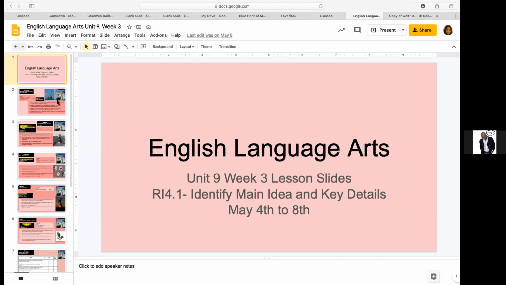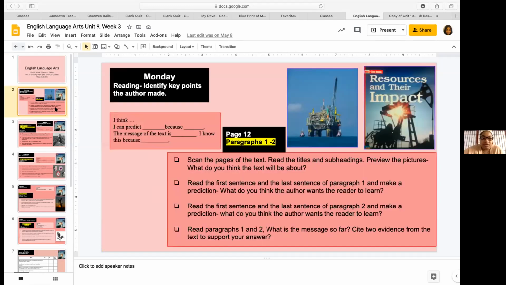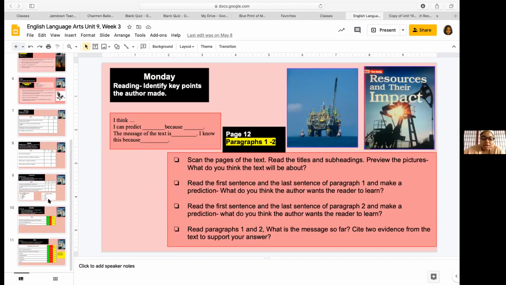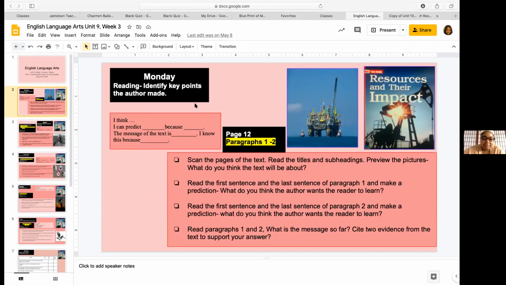So this was something from last year. I taught 4th grade, and this was a progression of lessons over a 2-week period of time. So let's see, this was Monday. And if you noticed, I made it minimal. What they need to do: identify key points the author made. This is the text. And in addition to the text, I got a picture and I put it on there,